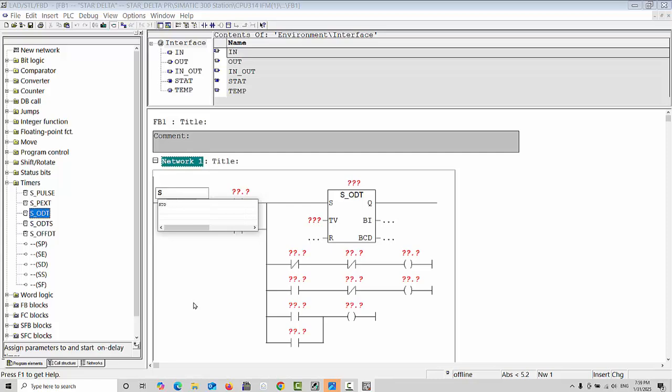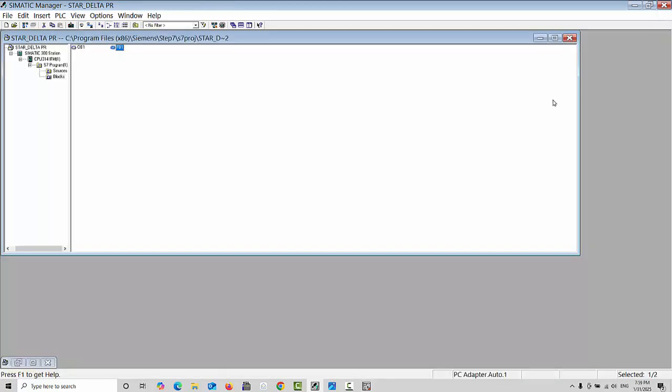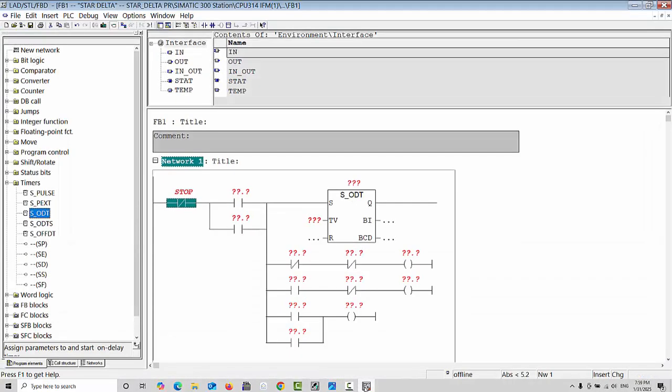It is right. This is to be given the stop contact name. And this we will also arrange, all stop, and this we will make for start, start,